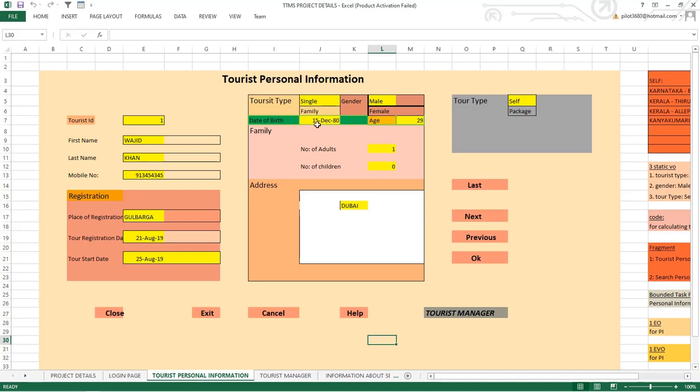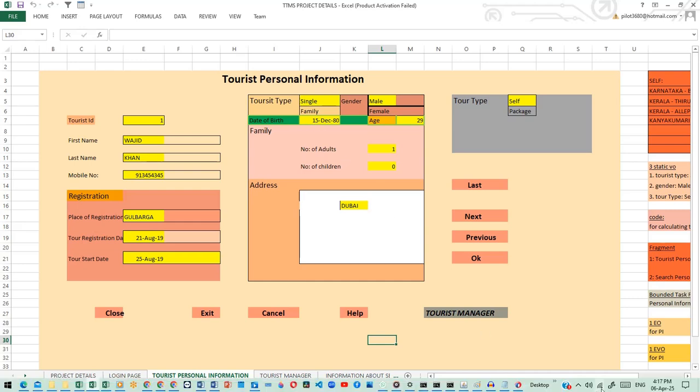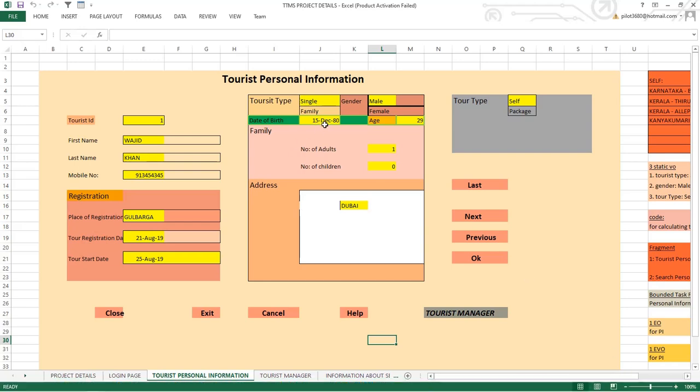For that, what we have to do is take the date of birth. If you give the date of birth and here is the system date, suppose this is 6 April 2025 and here 15 December 1980. So what we have to do is subtract these two dates, then we will get